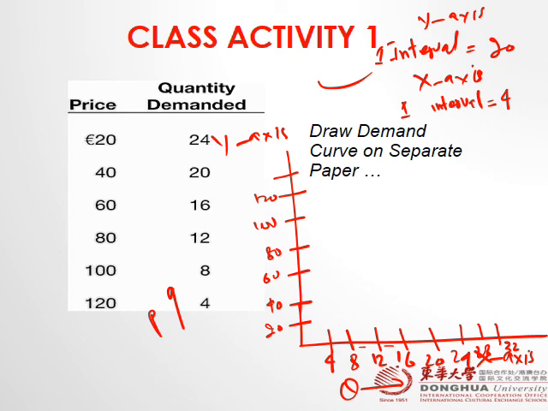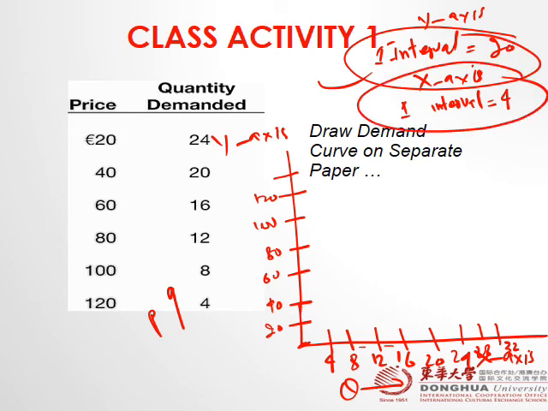So be sure that on the x-axis every interval is equal, and there is no rule that requires the x-axis interval to be the same as the y-axis interval. We can have our own division for the x-axis and y-axis, but make sure that on the y-axis it is the same interval throughout, and on the x-axis the intervals are of the same size. Okay, when the price is 20,